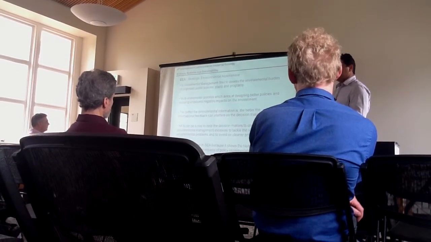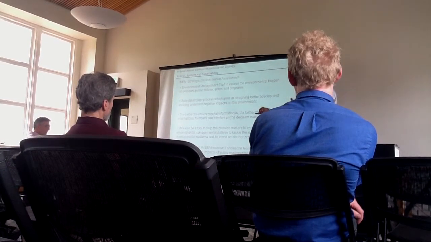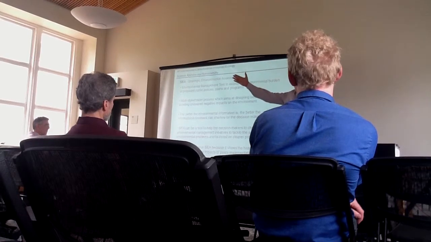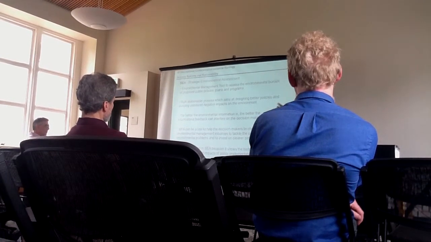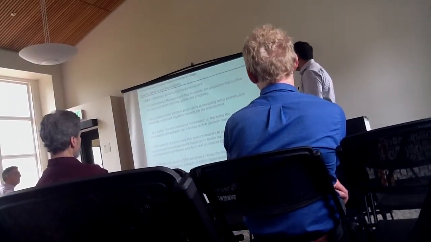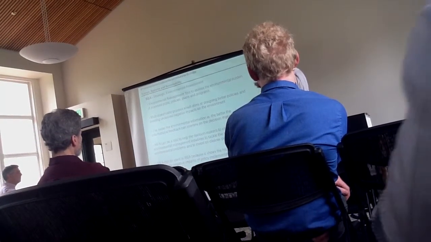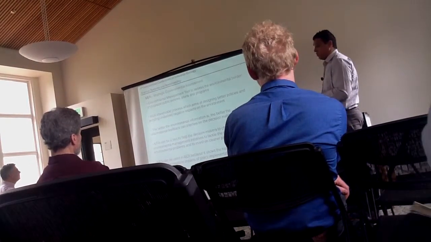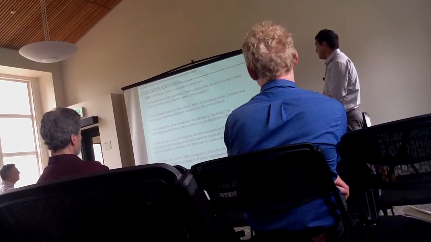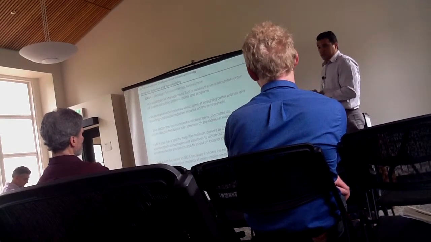you should be able to see the history, the environmental history of this specific place, and then you can predict what's going to happen with this specific place and take the adequate measures to reduce the environmental and social impact of specific policies being applied in this territory. Well, this is a multi-stakeholder process which aims at designing better policies and avoiding undesired negative impact on the environment.